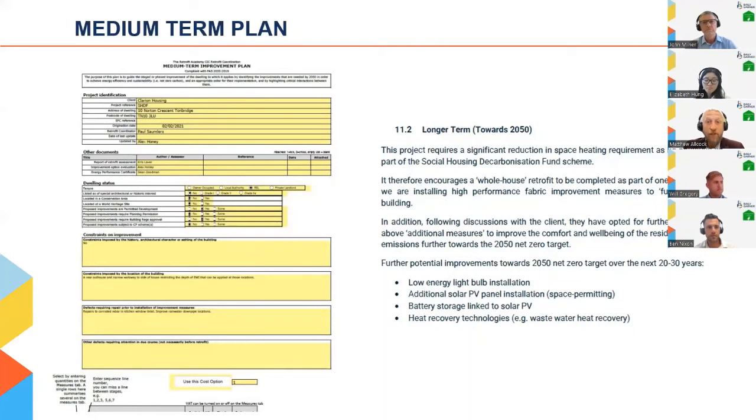So PAS 2035 critically looks to the future. In the provision and development of a medium-term plan, the client can plan and program for the future of its asset. Factors such as budget, funding, residence, asset strategy, plan maintenance programs, and performance drivers contribute to the discussion on what measures be programmed when, whether a deep whole house, no regrets approach or a single few measures policy is